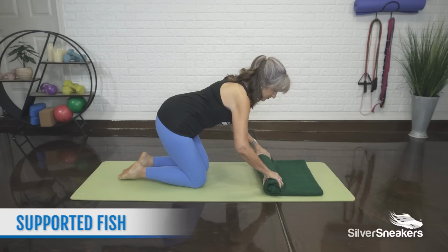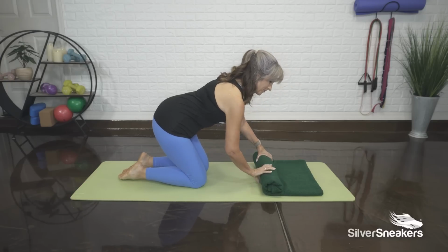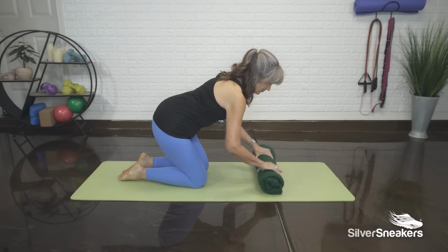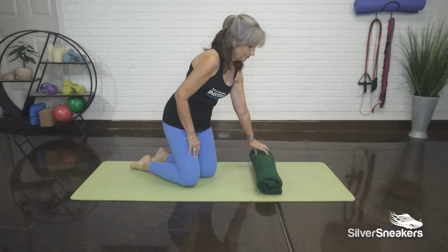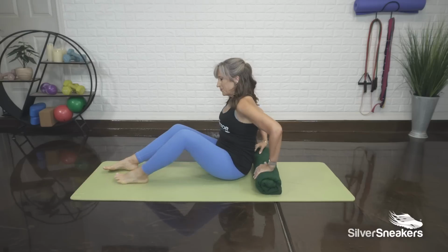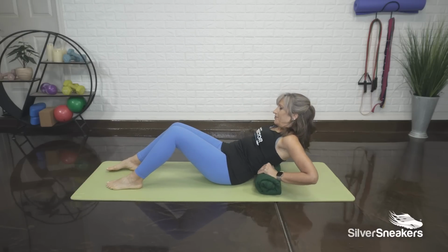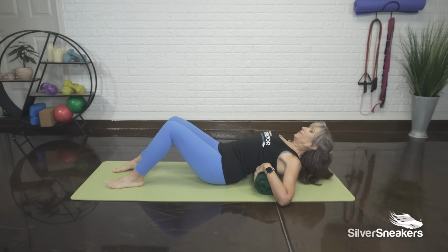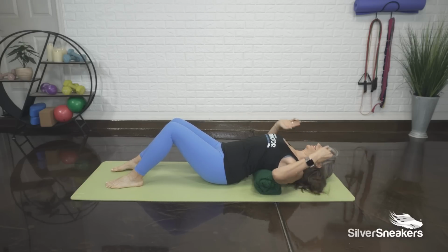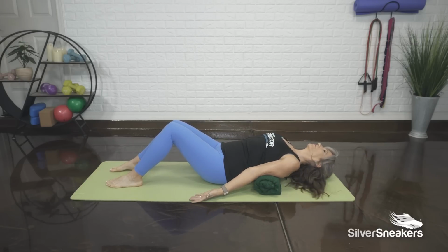Start by rolling up a towel or a blanket partway or higher depending on your posture and how you feel in this pose. You can adjust that prop. Then come onto the hips. We will lie back, placing the blanket or the towel below the shoulder blades, really opening the chest,